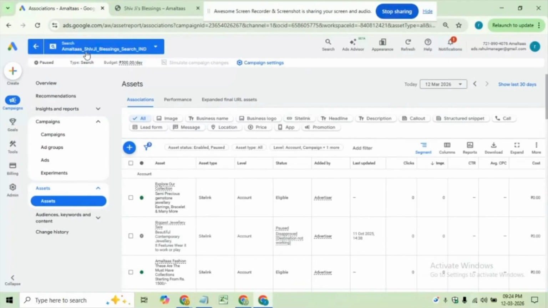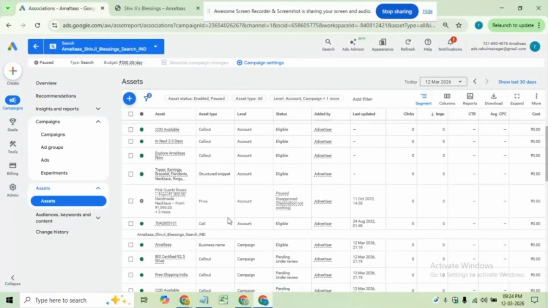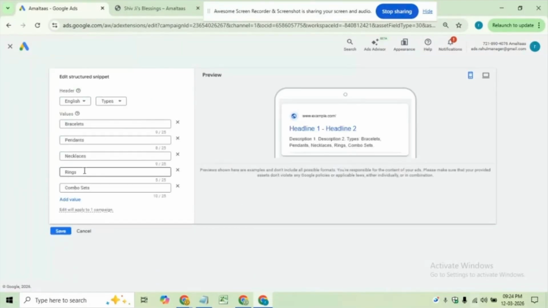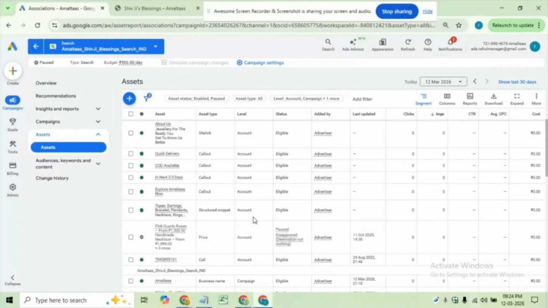These are for our campaign. This was our campaign. Below this, look at all our extensions. It has automatically designed and applied them so well, understanding the service just like a human or a professional would. And these are our